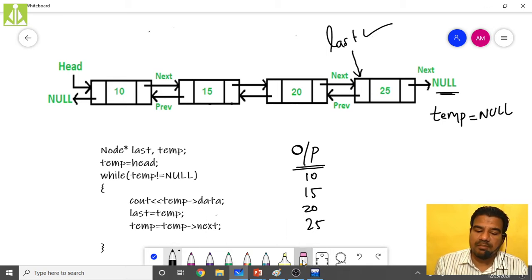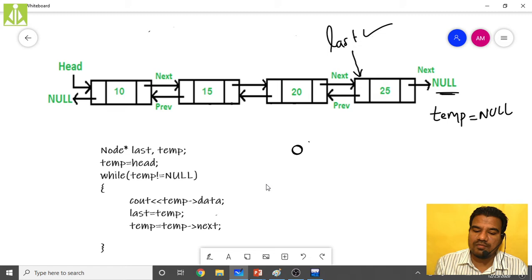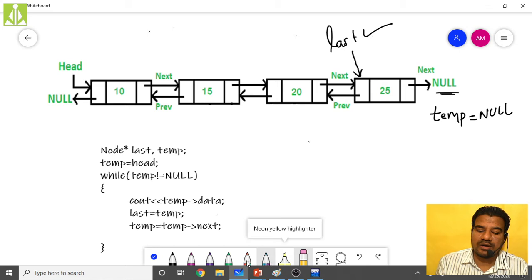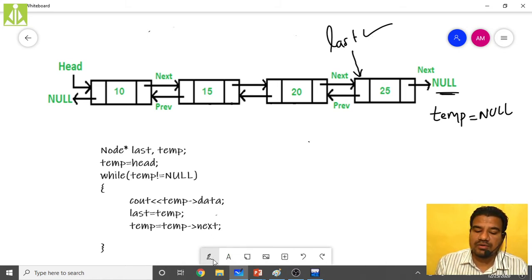It is very simple. Now what we have to do? How can we write the code for the reverse direction? Just see what I will write, and you can also follow the same thing.